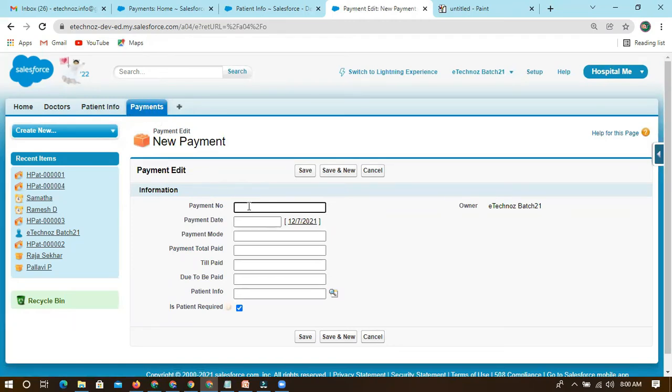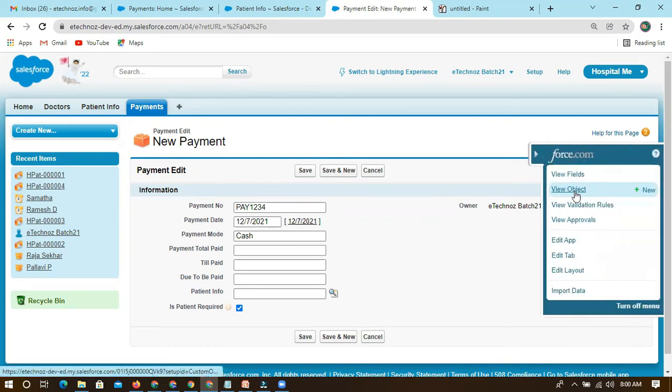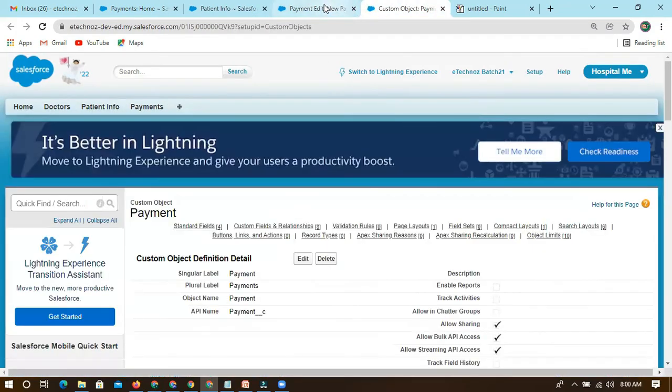So payment number, let me just, payment date, let me take today. Payment mode, cash, and payment total paid. What is the floating filters? Everywhere I can see text only.